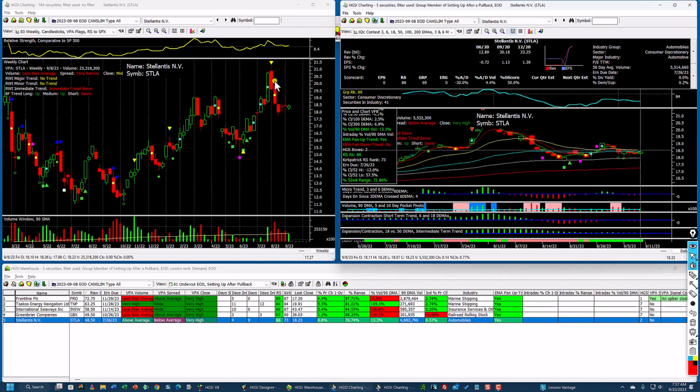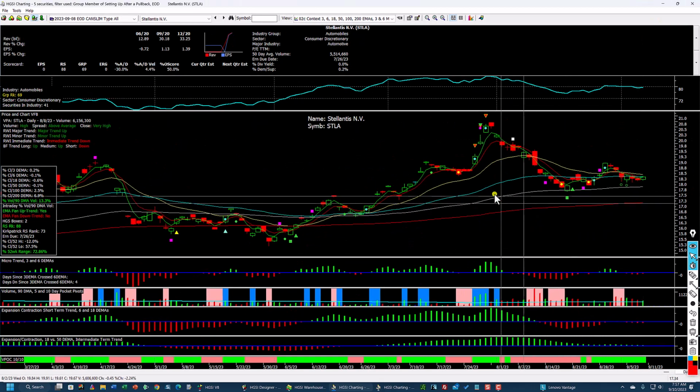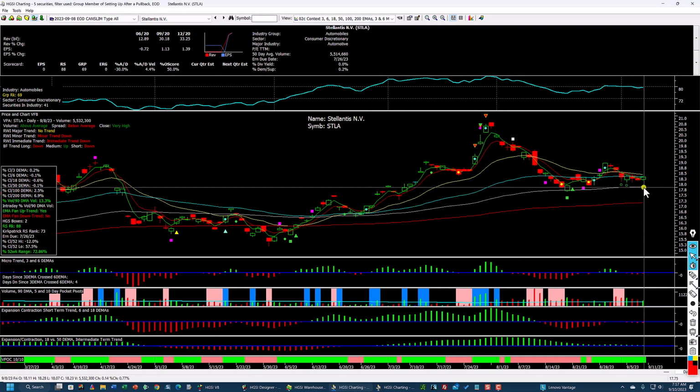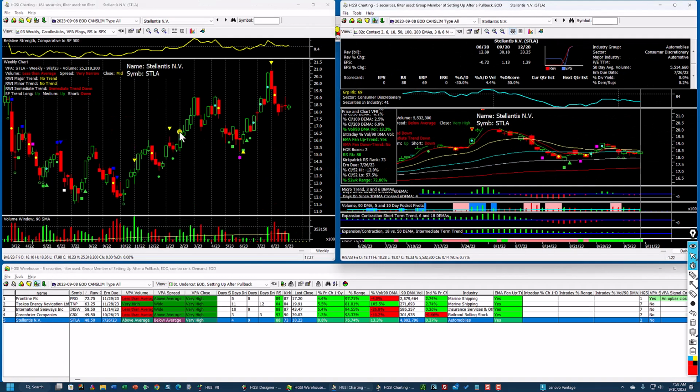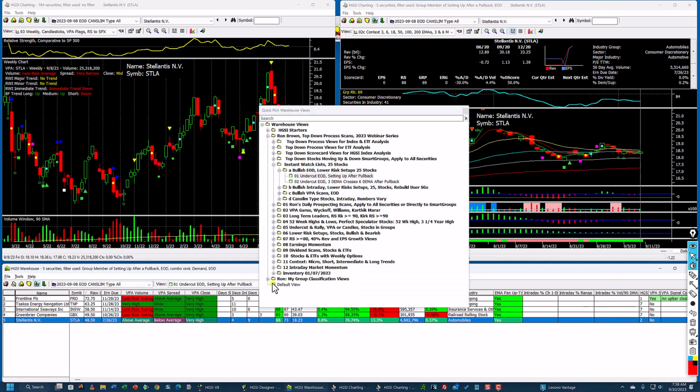STLA came down hard. Earnings, there's not a real long earnings history on this. It is under accumulation, though. You can tell that. Here's 2 stopping volumes, and it hasn't broken down. It's worth putting in a watch list. The group is flat. Okay, so I'm going to stay with this CanSlim group, and I'm going to bring this